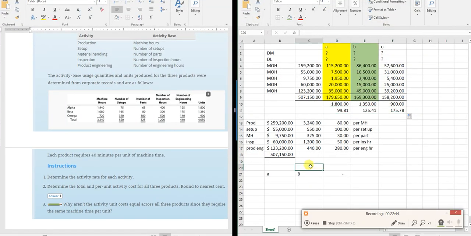If I had a single overhead rate and I simply did the entire amount of overhead divided by machine hours, so I had 3420 machine hours, is that right? Yeah. I had 156.53 per machine hour, and so if I had just had overhead, let's go over here, I have 156.53 times